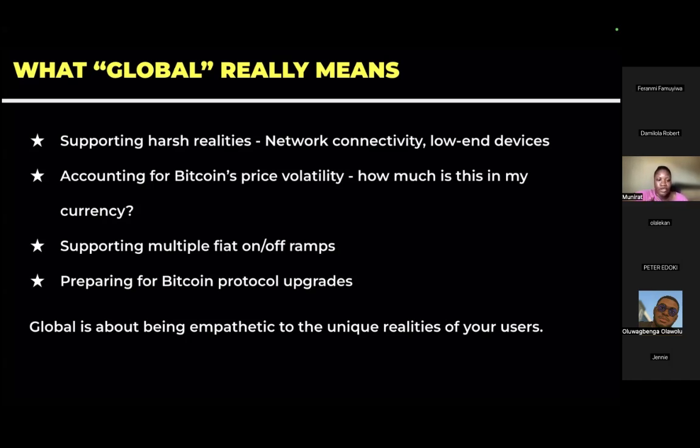You know how we are humans. There's this funny way we think. It's not funny, I think it's normal though. And then you have to be able to support, that's when we are saying global. You're building for a global audience. You have to be able to support fiat or ramp. That's, can I convert it to my currency? Can I convert it to this currency?